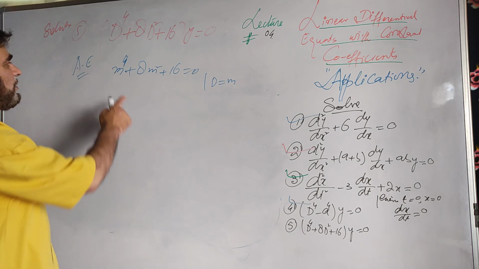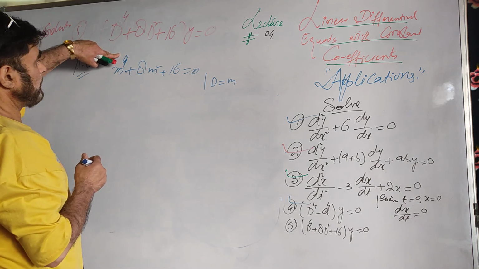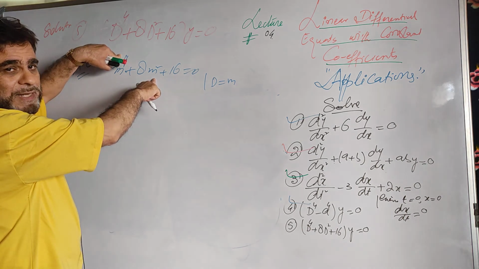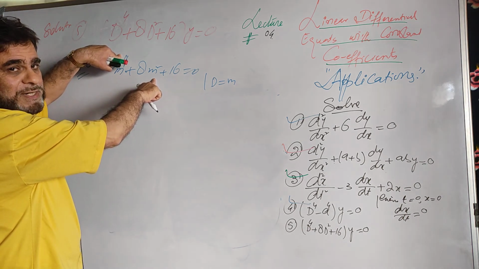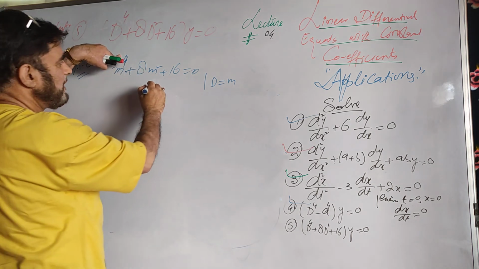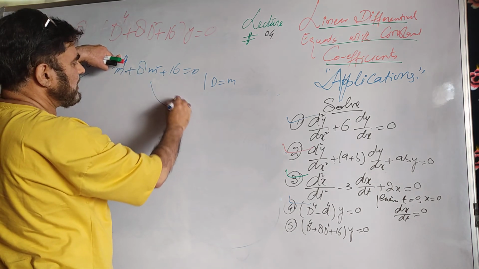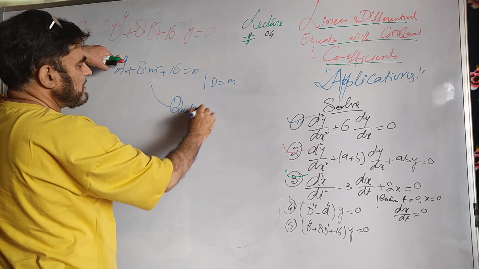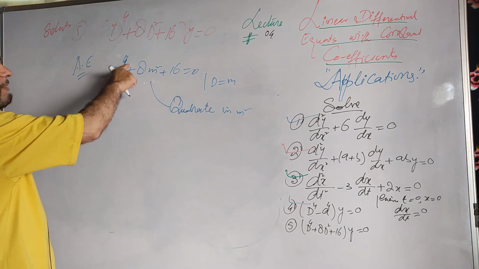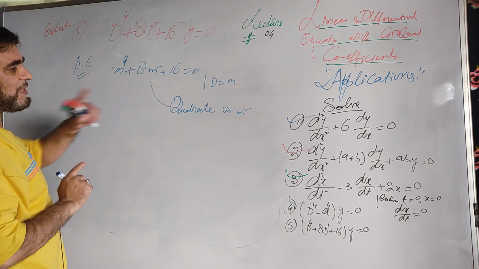Now this is of 4th degree, but here you don't see the m term. You can say it is quadratic in m^2, because you have only the m^4 and m^2 terms and a constant. It is very simple. You don't have an m term. It is quadratic in m^2.